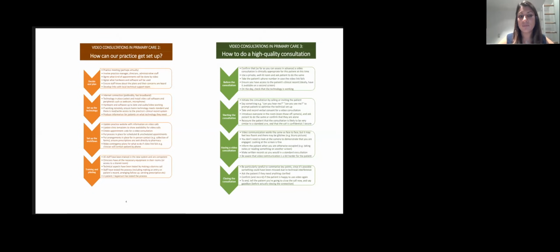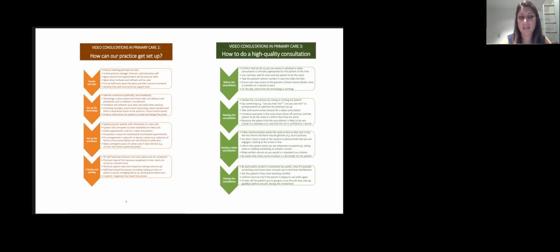So as I mentioned before, the NHS has done telehealth for a long time. They have some really great guidelines. This is from a site, BJP, from Oxford University, and happy to share these around, but it goes through some of the practice setup, which we talked about before, how to do a high quality consultation, and that's some of the things that we've talked about. They are really trying to move to video over there as well. So you'll see that there is quite a focus on getting video up and running.